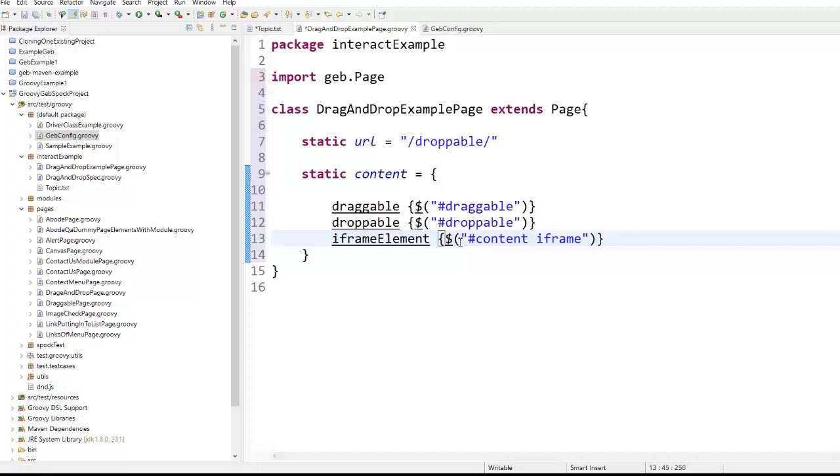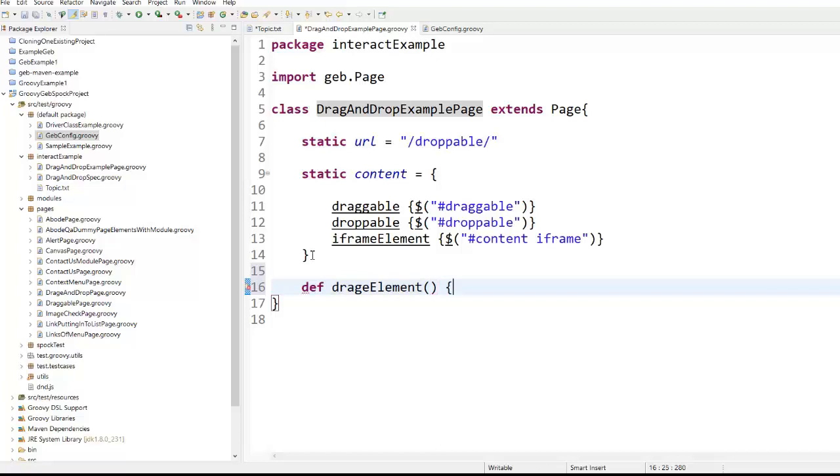So now we are done with the navigators. Now let's write our helping method. So def drag element method, I am saying, and here since we have one iframe, first we need to tackle this iframe element.